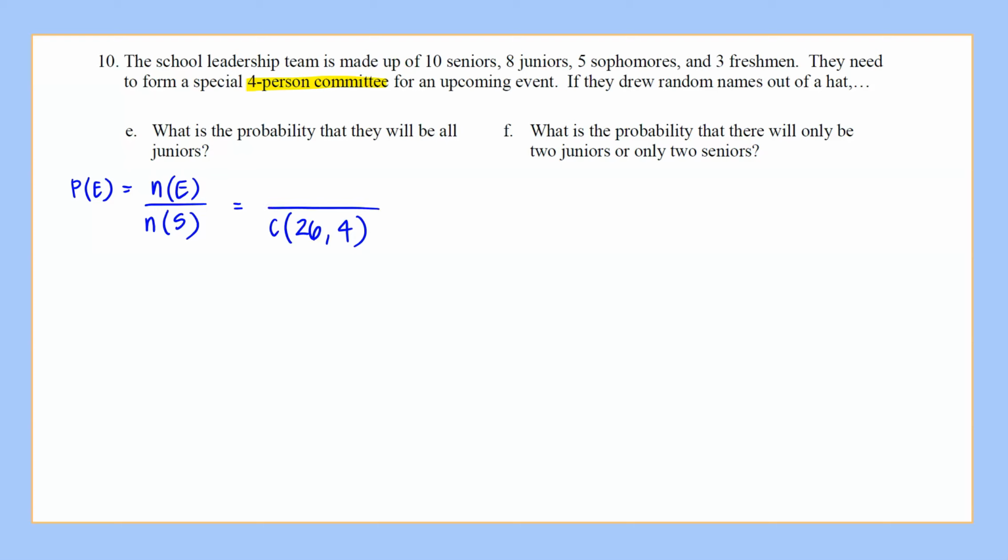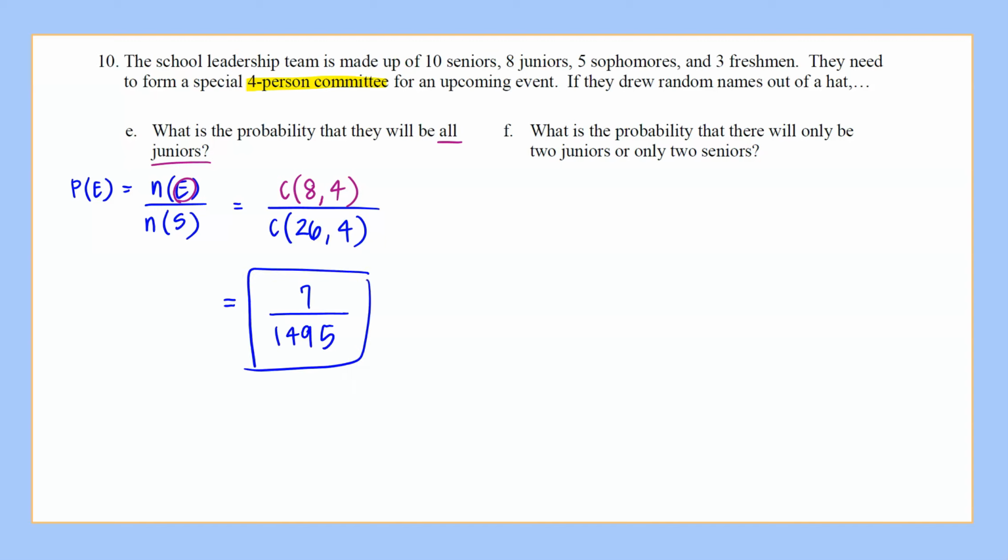In my numerator, the number of ways the event can occur, the event is specifically that they will be all juniors. So how many different ways can I select 4 juniors out of the total 8 juniors that there are? That would be the combination of 8, 4. When you find your final answer, the reduced fraction is equal to 7 divided by